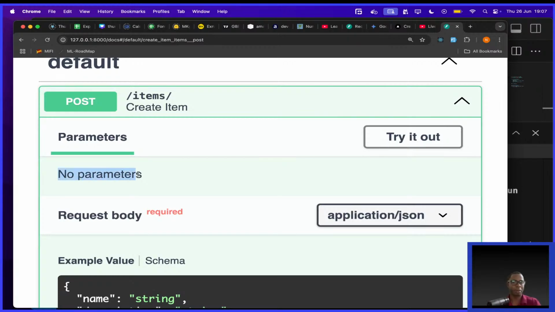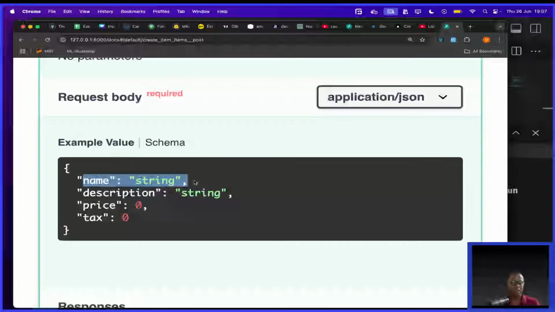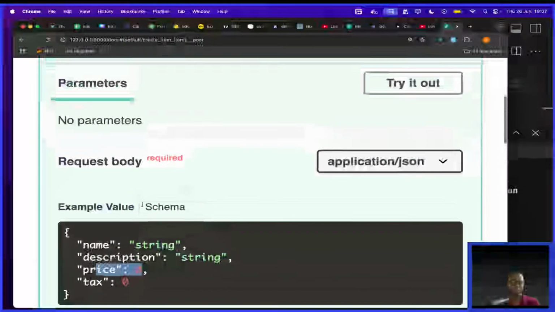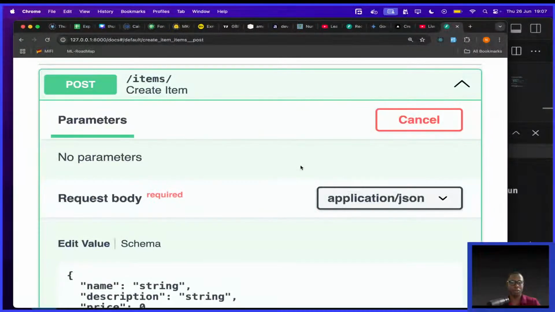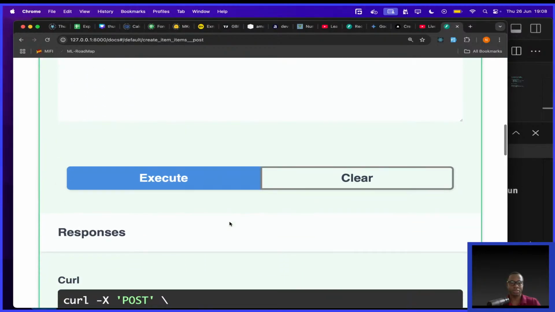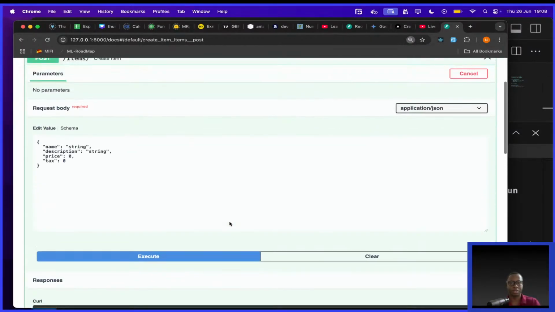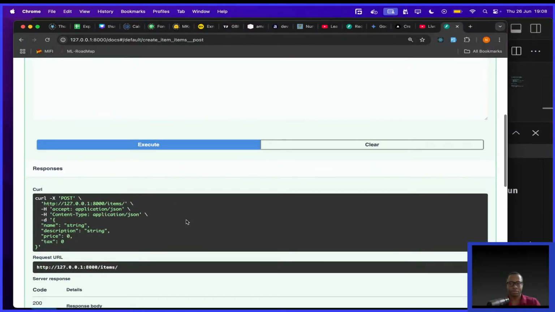They're saying no parameters. This is good to know. Request body is required: name, description, tax, and so on. Let's go to try it out, and then execute. Let me try to make this smaller so that we can see it properly. So if I execute,